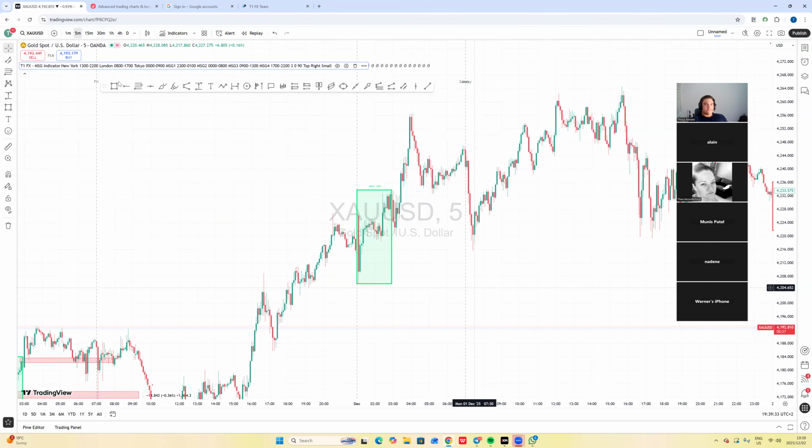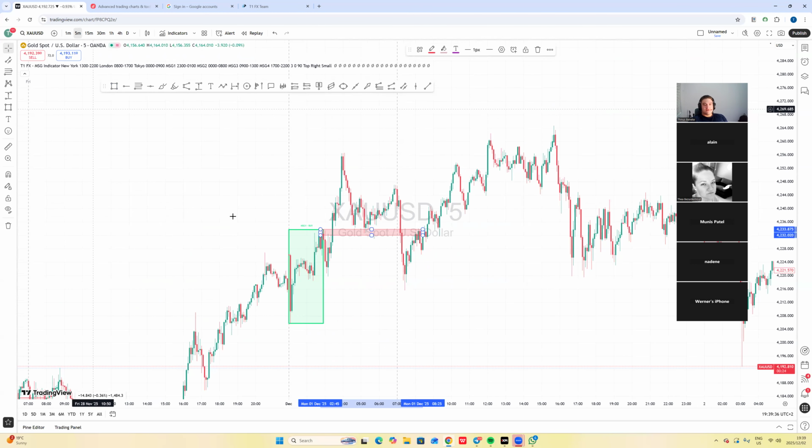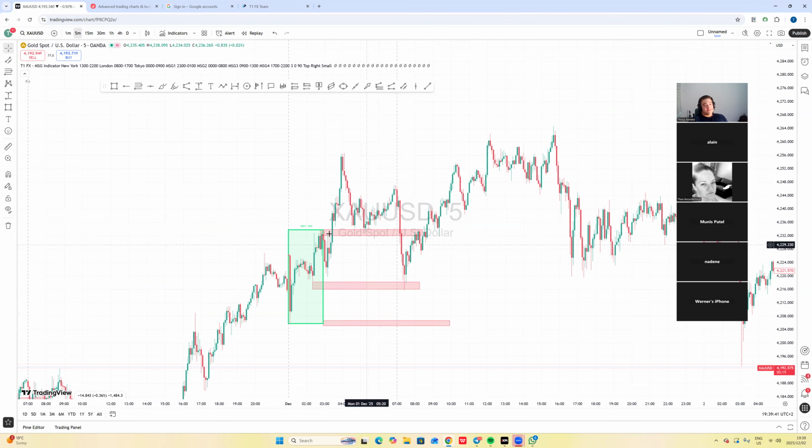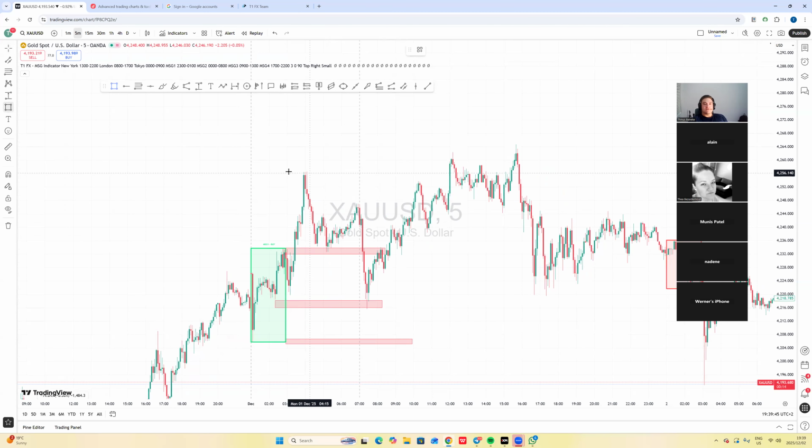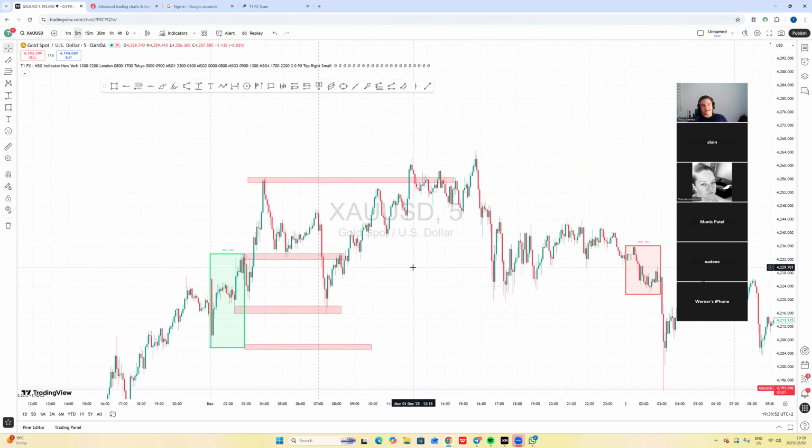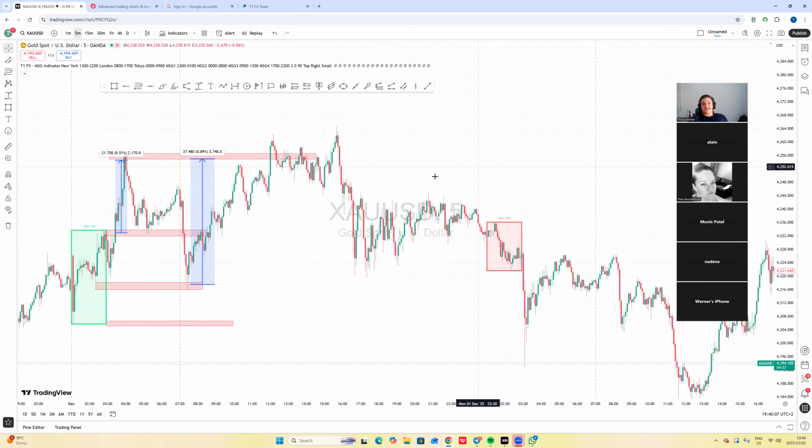Let's look at this one. We had the high risk, medium risk, and low risk. High risk and medium risk was triggered. And boom, what are you going to target? This high. And high risk and medium risk, boom, TP basically. And how much was this move? So it was a 200 pip move on high risk, and it was a 370 pip move on medium risk. Just understand how it was.